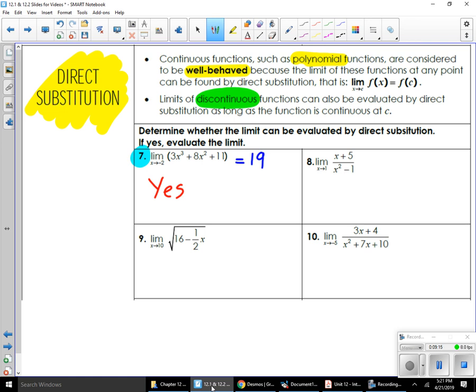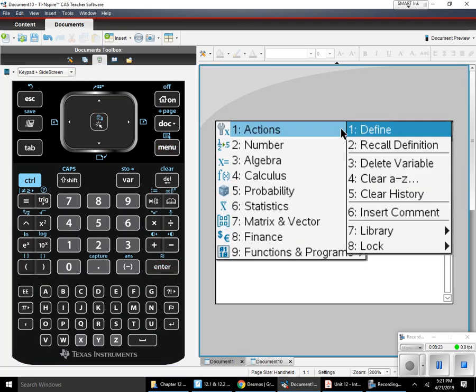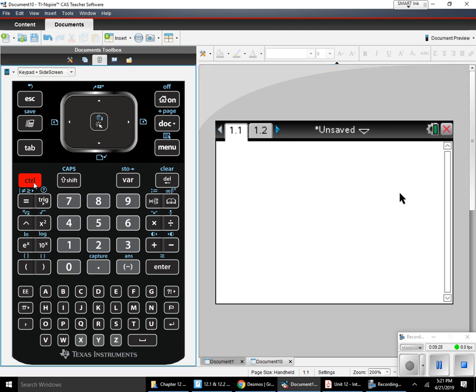Let's take a look at 8. Taking a look at 8 right now, notice it's rational. So we know that there's going to be some kind of issue there. Go ahead and clear off this screen. Instead of storing this function, I'm just going to go ahead and directly substitute. So note that I would have a 1, because I want to know the limit as x approaches 1, plus 5 in the numerator, along with a 1 squared minus 1 in the denominator. Now, before I hit enter, you should all be like, wait, that's illegal. And sure enough, it is undefined. Because we have that 1 minus 1 in the